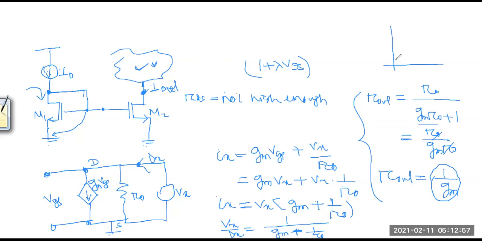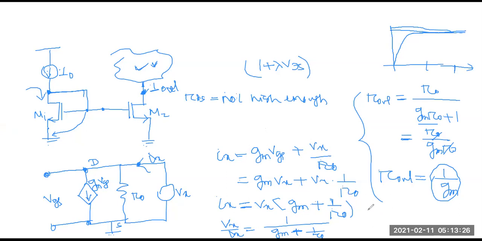Suppose this will increase. So any voltage will change, suppose this voltage will change, due to that whatever the current will change, you can see this current will reflect here. So any voltage change, that current will reflect, and current will not match the input. So this is the biggest disadvantage of this simple current mirror.